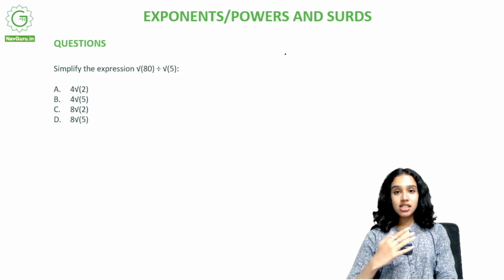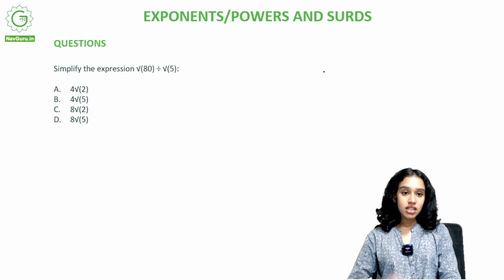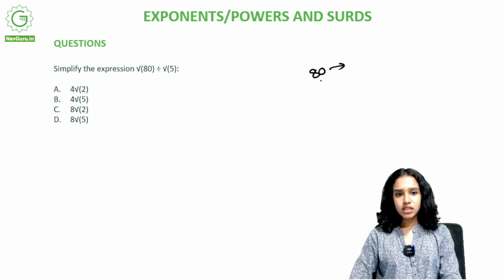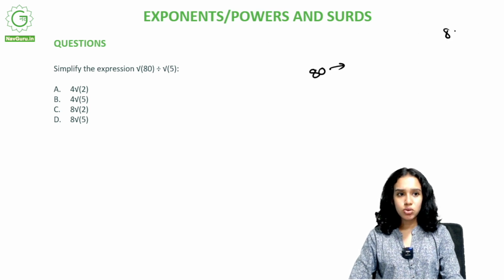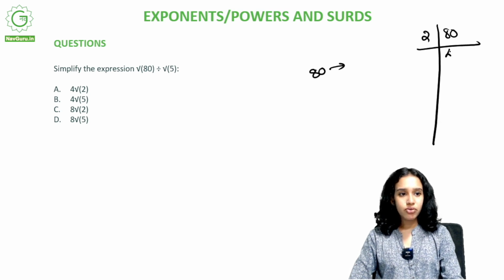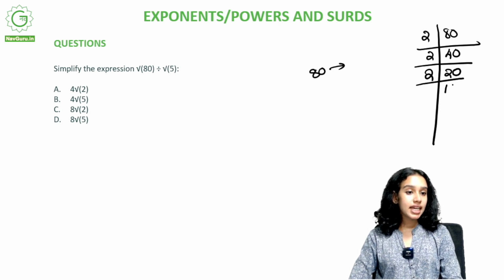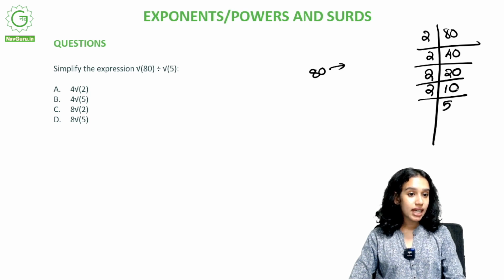Now, again, it's the matter of simplification, right? So, what can 80 be written as? Let's do the prime factorization here. 2 times 40 is 80, 2 times 20 is 40, 2 times 10 is 20, again 5 times 2 is 10, now again 5 times 1 is 5. So, we got 2,